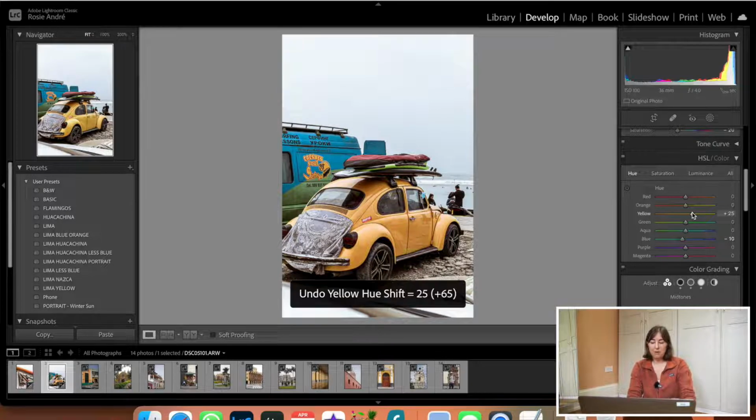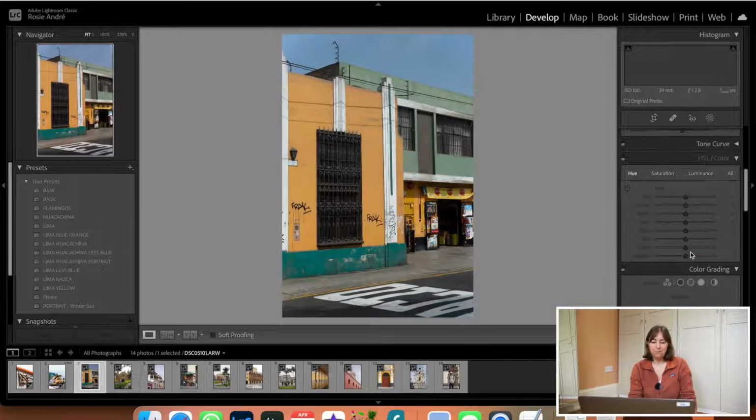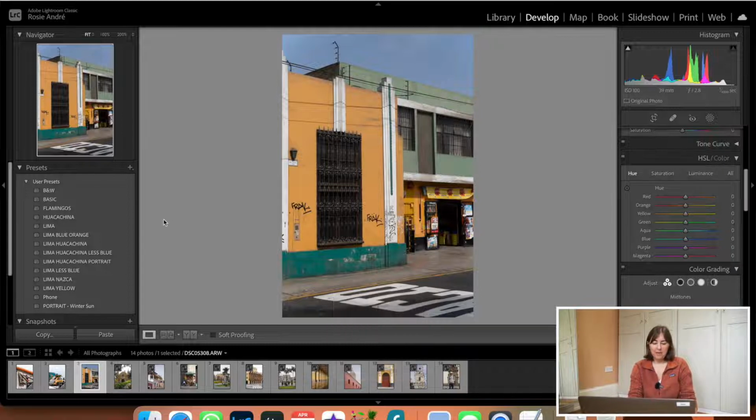So you can start to play about with the colours of your photograph and manipulate them into a way that you want. So I personally don't like to change photographs so much so that it looks insane. I know some people are really into Photoshop and Lightroom and really changing a photograph, and I think it's so artistic and creative and amazing. For me personally, I like to just add a bit of personality without taking away too much of the original atmosphere, I guess. I don't know if I'm sounding way too woo-woo, but this is how I feel, I guess. I'm just going to turn the brightness up on my computer. So again, Lima,